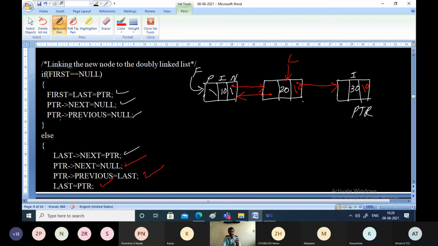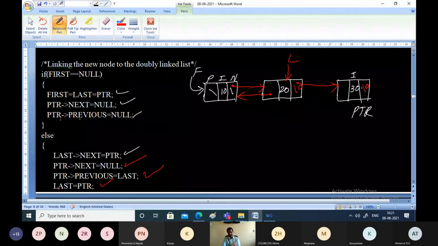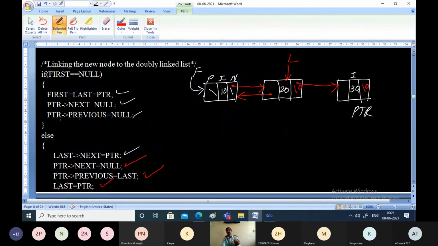While giving the theoretical explanation, I explained some extra thing. While creating the node itself, we were making it null. That is also another possibility. That will simply extend the code. The number of lines will be more, but here they have reduced it. That means we will not make it null at creation. Anyhow, we are attaching it. While attaching only, we will make it null. That is the procedure. Both are the same and will give the same result. PTR pointer next equal to null.